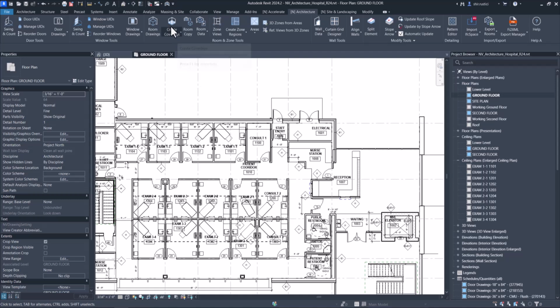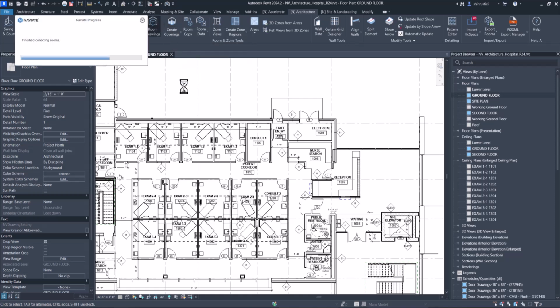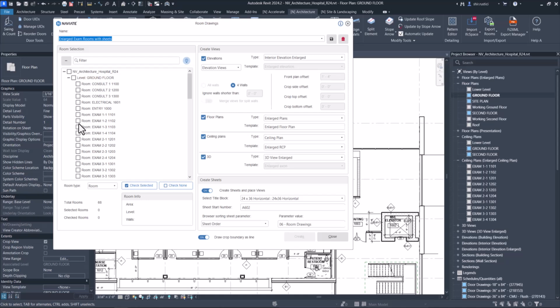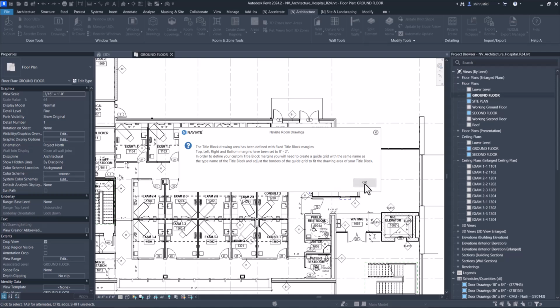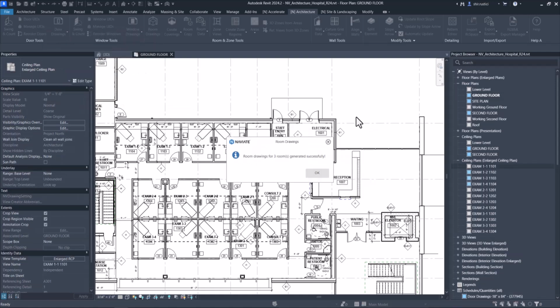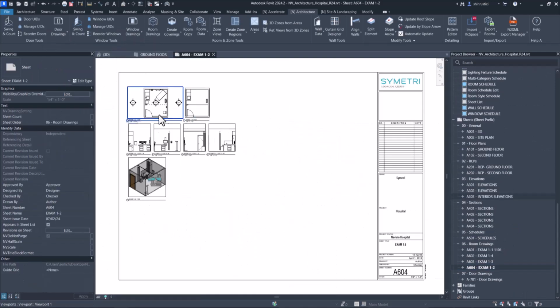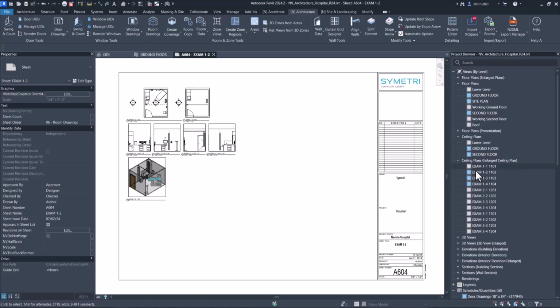This has been fixed, so now when I run my room drawings feature, I don't have any duplicate views for my ceiling plans and my 3D views are cropped correctly. Let's take a look at our room drawings that are created. Now my sheets were created, my 3D views were cropped properly, and no duplicate ceiling plans were created.